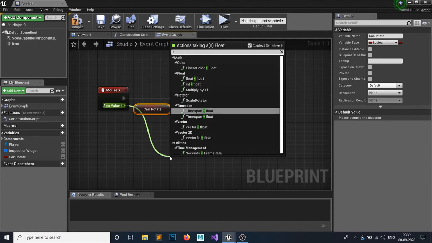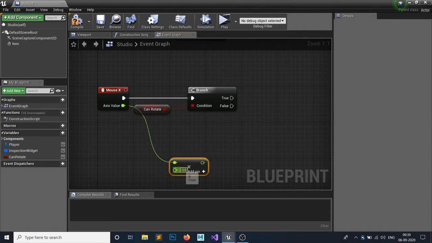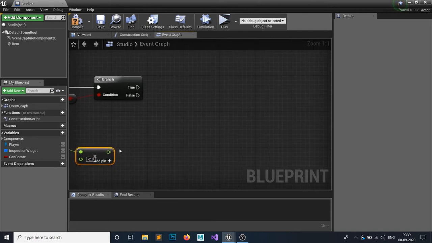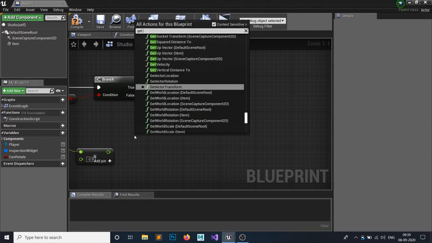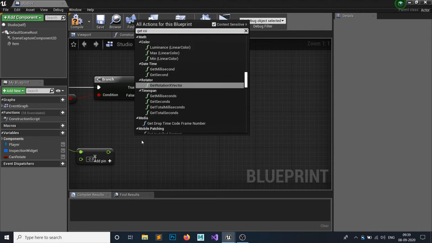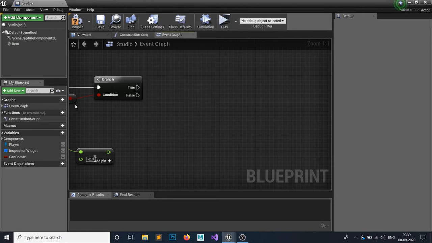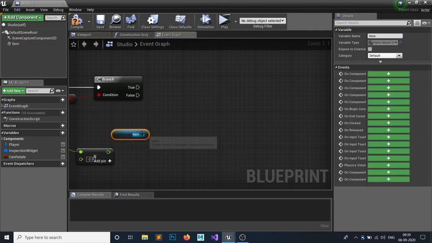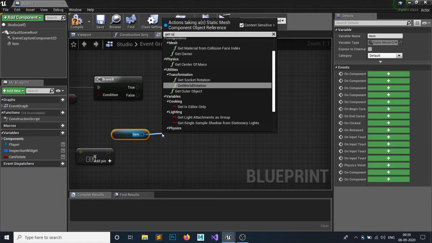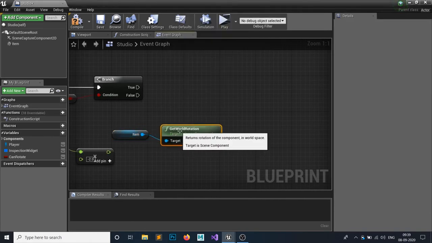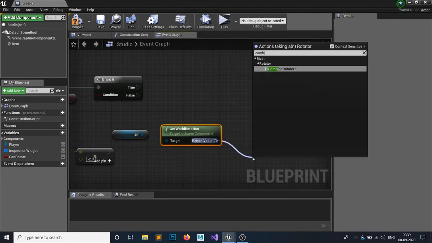So float multiply by float, and let's set this to -2. After doing so, right click and get combine rotation. Then get your item, and get its world rotation, and combine.